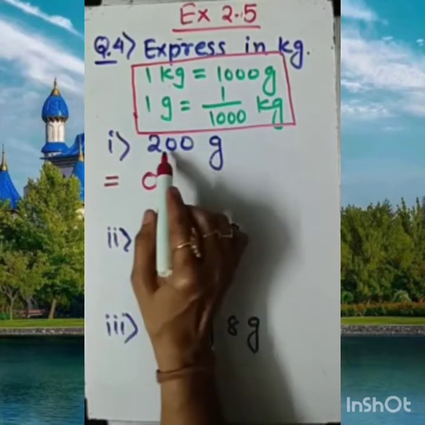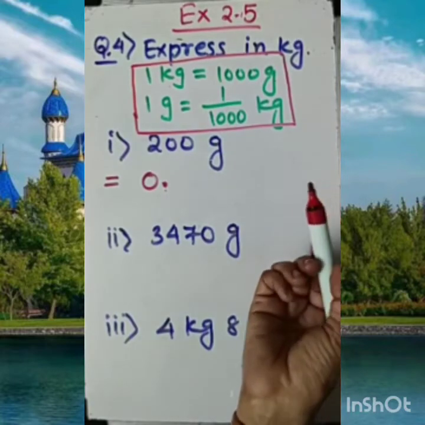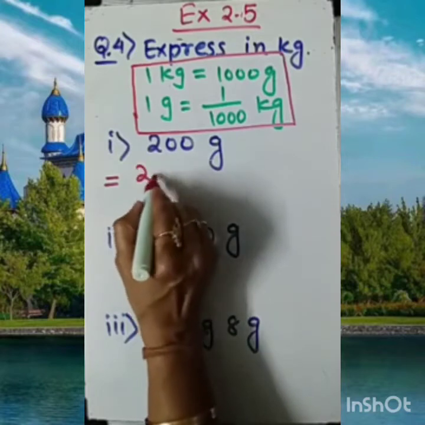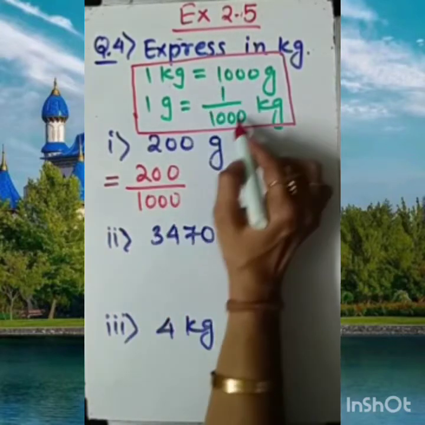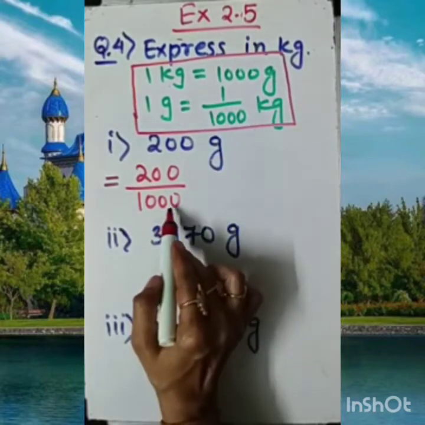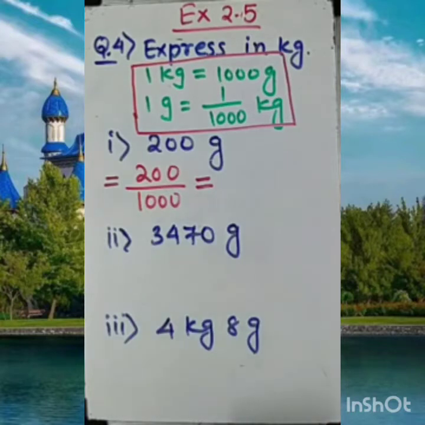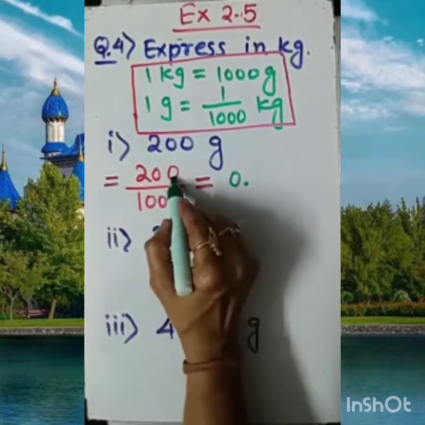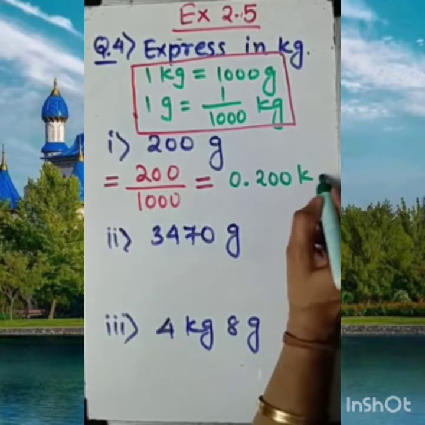And what about this? If I divide 200 by 1000, actually we are dividing here. How to do exactly? The procedure is like that: 200 divided by 1000. As I have shown you, every time we have to divide it by 1000. So if I divide it 1000, then how many digits we need to shift? 3. So I need to write here 0.200. So this will be considered as a kilogram now.